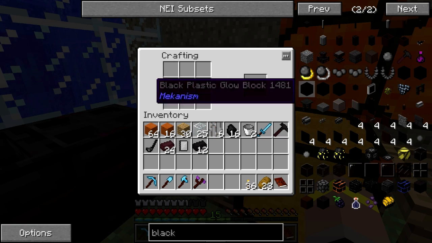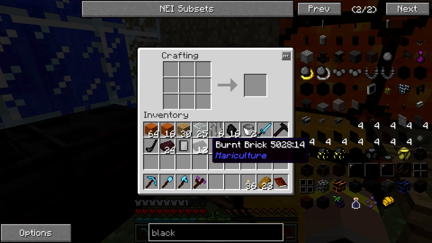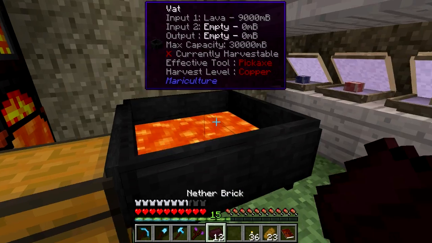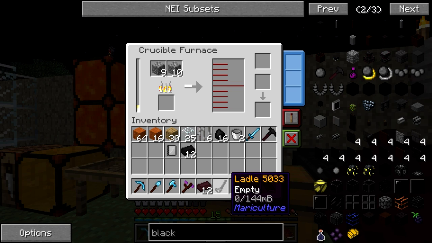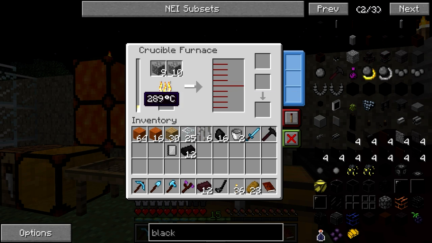We might actually have enough to do it. We've got enough. 4, 8, 12. Yeah. Nice. Oh, no, we need a few more there. Damn it. That sucks. Actually, we can just throw a load in here, I guess, can't we? Yeah, just do that. Good stuff. And how are we looking in here? Oh, we've got seared stone in there. Brilliant. We've got 108 seared stone. Although, I don't know how much we actually need to make an ingot. Oh, 144 per ingot to be able to do that. And I think this gets faster as it gets hotter as well, so...